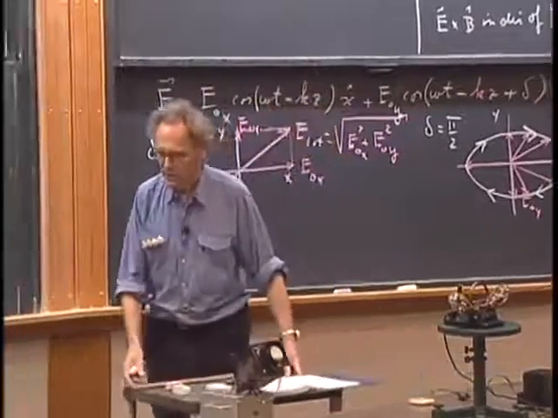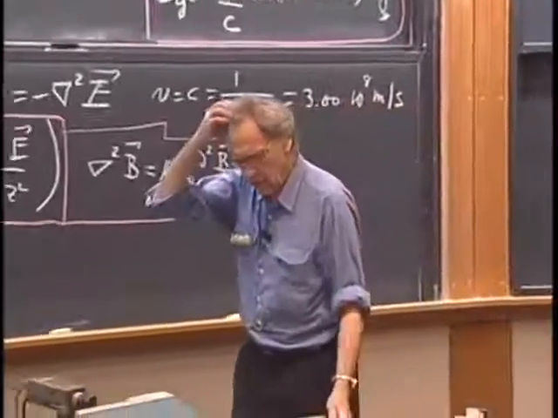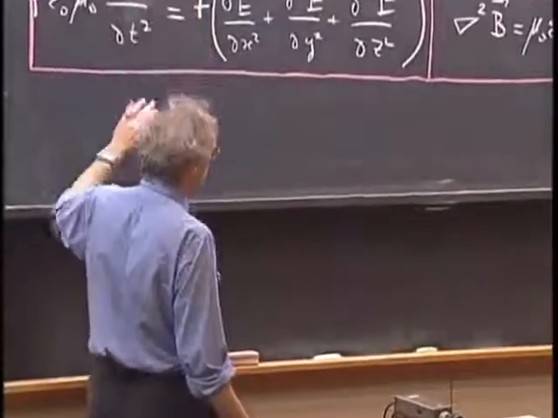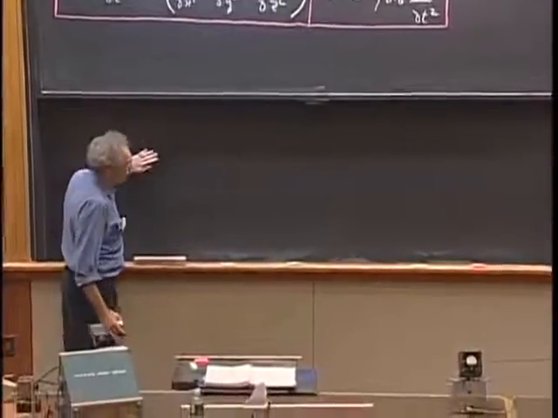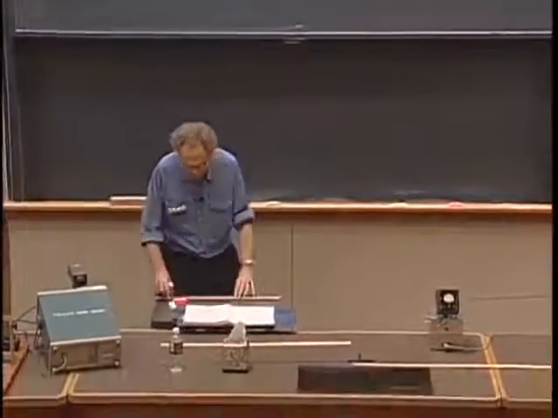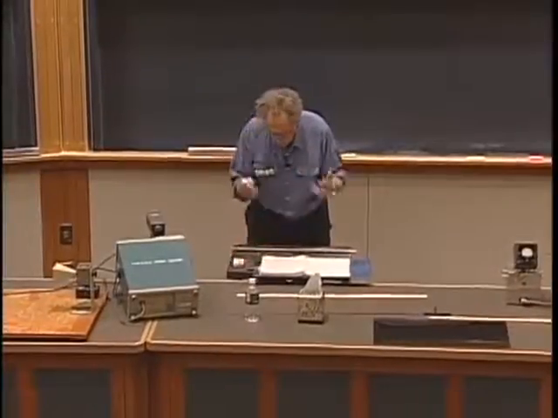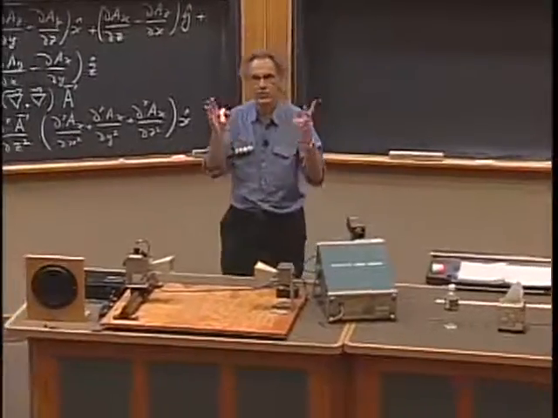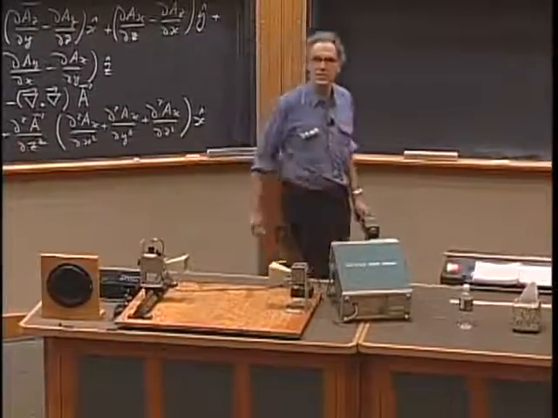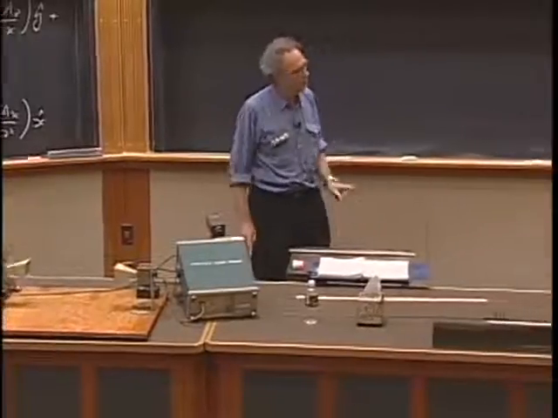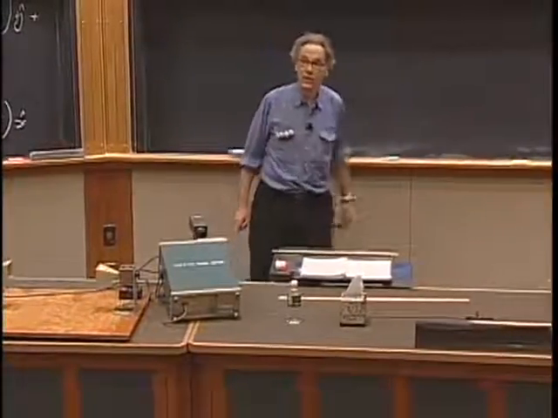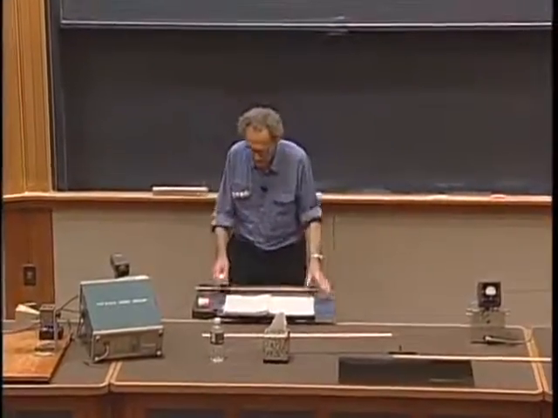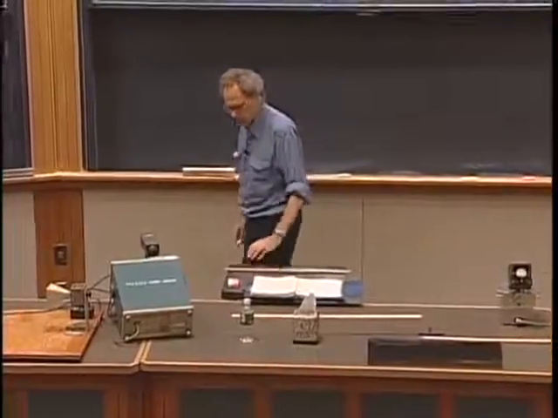So this situation is nice and simple in 2D, but I think I owe you a more general description to widen your insight, and I want to go, at least in terms of the math, to 3D. So we now have an x, y, z coordinate system, and now we want the option of having the E vector not just in the x, y plane or the x, z plane, but in a random direction. And so when we do that,